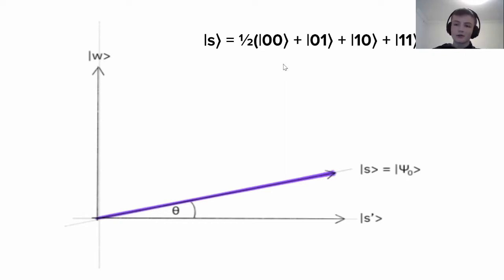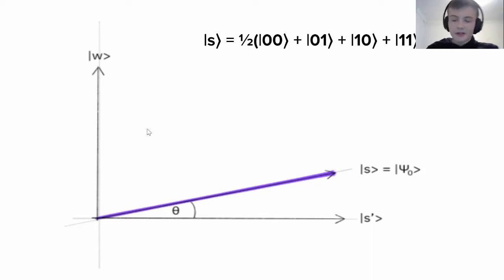So in this example, we'll be going over a 2-qubit state. So we could either have the 00 state, 01 state, the 10 state, or the 11 state. Once again, we have a normalization factor of 1 over 2, which is our amplitude. Then by the Born rule, we see that our amplitude squared is actually the probability of measuring each state. So each state has a 1/4 probability of being measured, since 1/2 squared is 1/4, and this fits our requirement that the probability be 1, as 4 times 1/4 is 1.